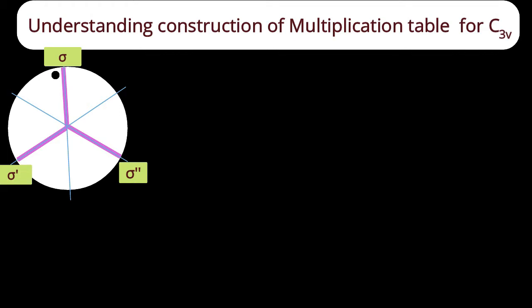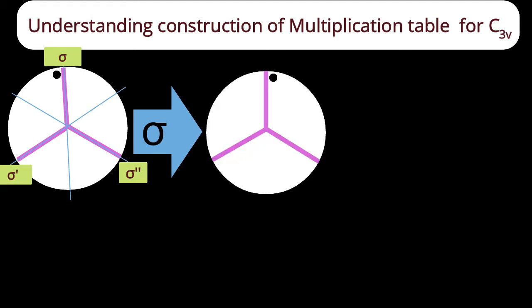With this basic understanding, we need to construct one of the quadrants of the multiplication table of the C3V point group. I want to focus now on the right bottom quadrant of the C3V point group, where the multiplication is between planes and the results are axial operations. Let us construct those. After the sigma operation, the dot which is on the left side will go to the right side. See the structure. On this structure, I have to perform the other reflection operation. And what is that reflection operation? Sigma dash. Now what will be the result?